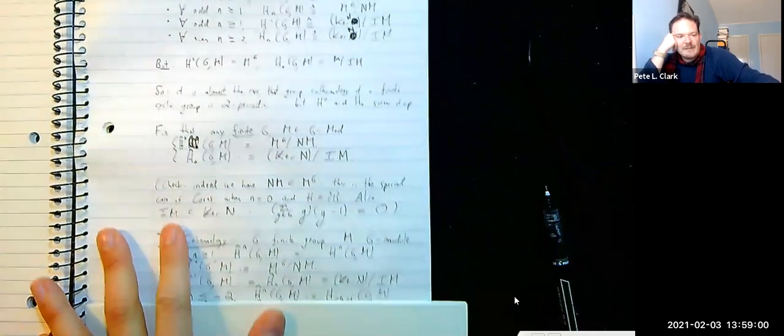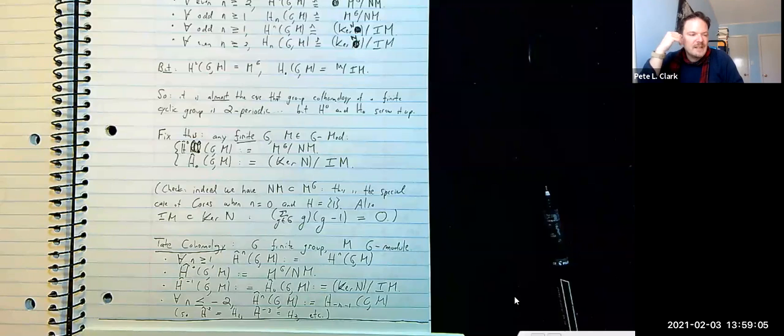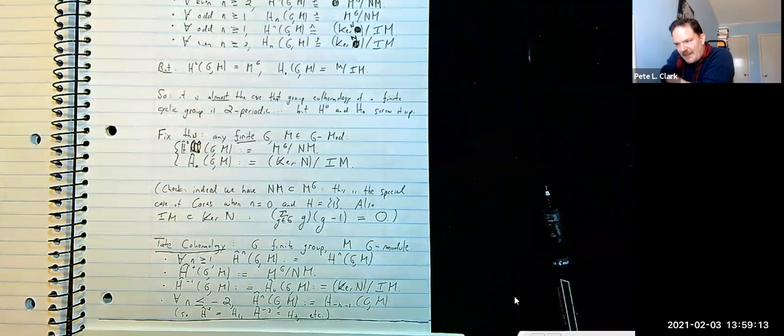So what? Well, now something really amazing happens. It's not super hard to prove, although I'm going to skip the proof. It really does seem to be due to John Tate, the number theorist. What Tate observed is that for any finite group, not just a finite cyclic group, and any G module, if you modify the H super 0 and the H sub 0 in the way that we just did, you can actually stitch together the homology and the cohomology into an infinite sequence, a bunch of Tate cohomology groups. So H hat n will be called the Tate cohomology groups of a finite group with coefficients in any G module. They will not just be parameterized by the non-negative integers, they'll be parameterized by all of the integers. I don't see any clear precedent for this in topology. It's surprising that you can splice together